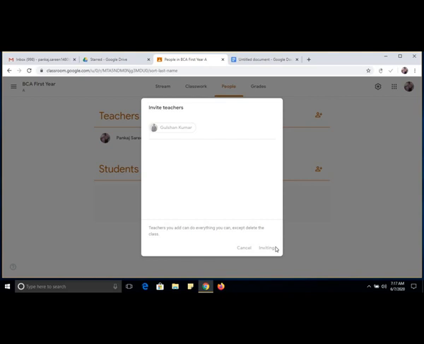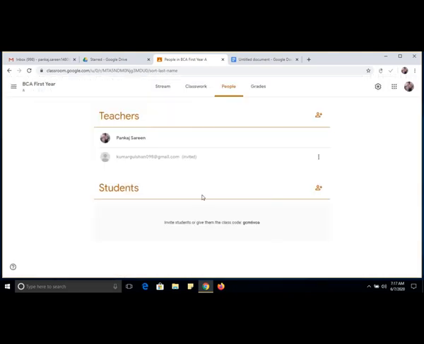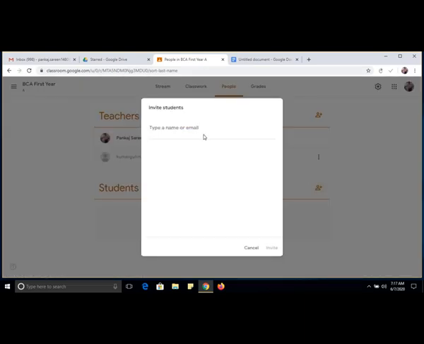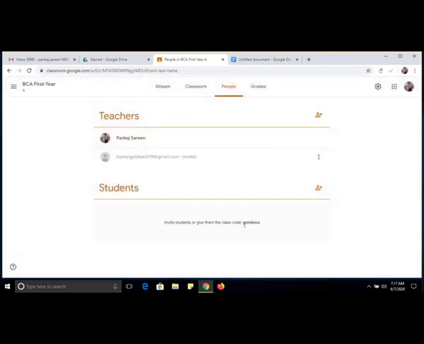An invitation link will be sent to him. So here, see, I have invited. Now it is waiting for his approval. He will get the email, and once he clicks on the email, he will be added as a co-teacher in this class. Next is how to add students. Similarly, you can add different students by inviting through their email or by sharing this code.